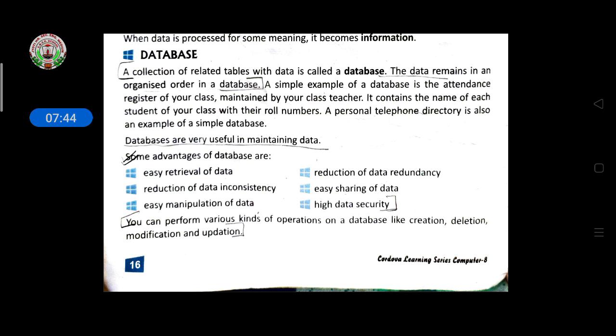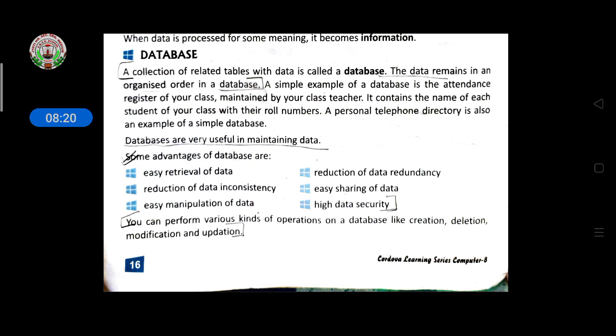Last year you were in class 7, and you have the same data: your admission number is the same, your name is the same, father's name, mother's name. Sometimes the address or phone number might change, but the date of birth, the date of admission, and your Aadhaar number do not change. So the data will be the same; only in the database it will change from 7th class to 8th class, like this. So while making the data, it will reduce the data redundancy through this.